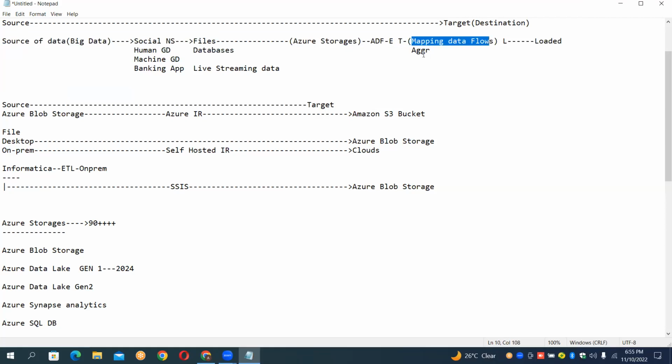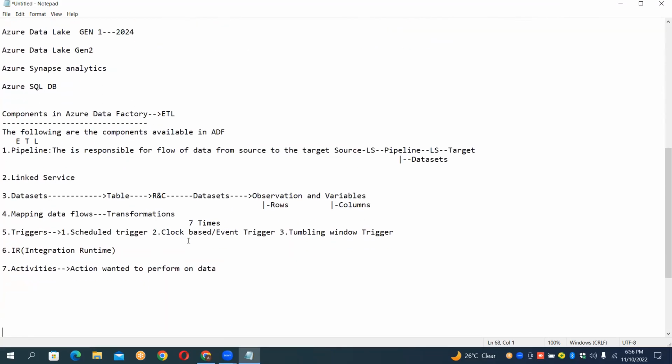Simply, guys, whenever you want to copy the data from the source to the target, whatever the action, that is called an action. So in broad terms, the action you want to perform on the data is called activities. Now guys, I will design the thing here and you should tell me all the things.